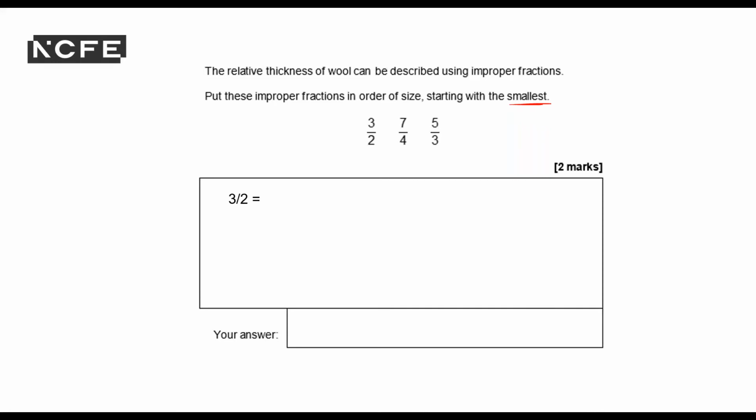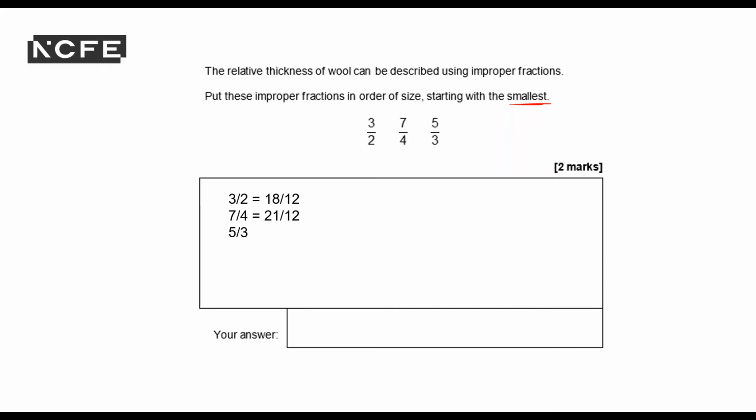12ths would be, if I multiply the bottom by 6 to get to 12, then I need to do the same to the top. So that would become 18 over 12. And the next one, 7 quarters, would become, I need to multiply by 3, so 21 over 12. And then 5 thirds,